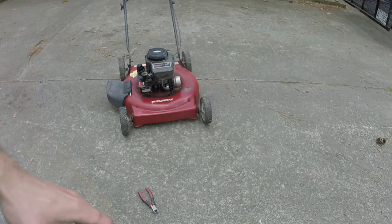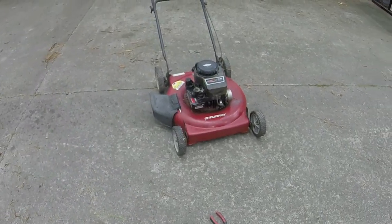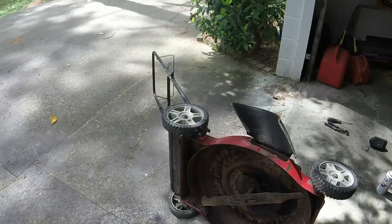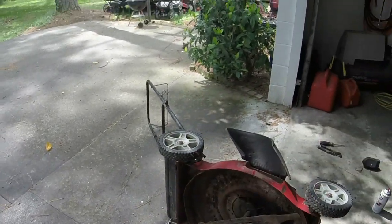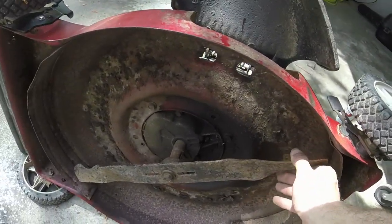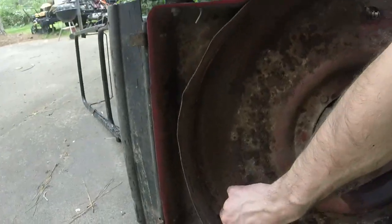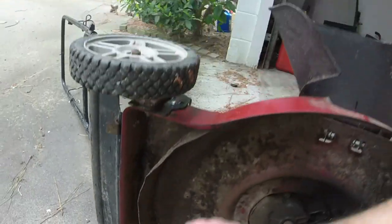That's about right. Let me get it back in the garage here, and I'll work on the handle deal. I'll show you what I do to that. Alright guys, step one on this setup mower, like some of the newer Craftsmans and whatnot, I'll probably sharpen the blade, just give it a nice little edge before I send it out. As well on the blade, there's this little hole right here that attaches to the